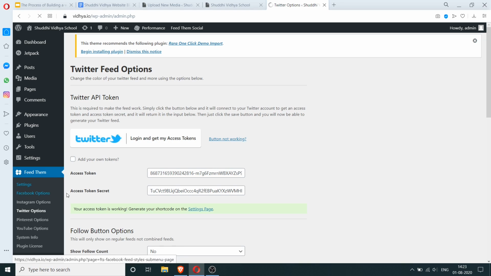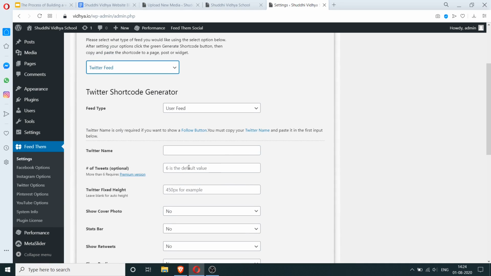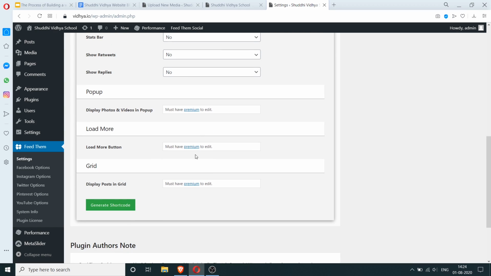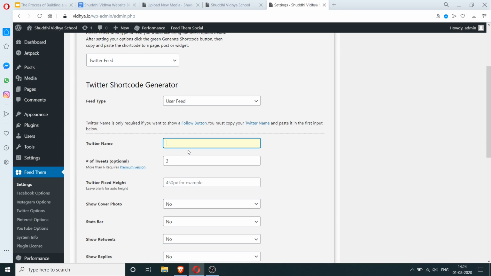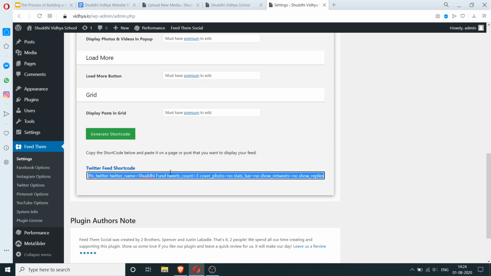I'm going to go to settings, go to Twitter feed, and select some settings here and click on generate shortcode. I'm going to copy this